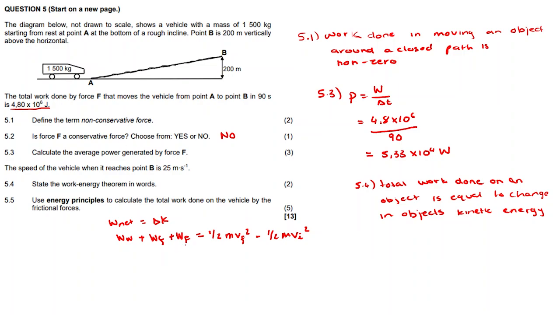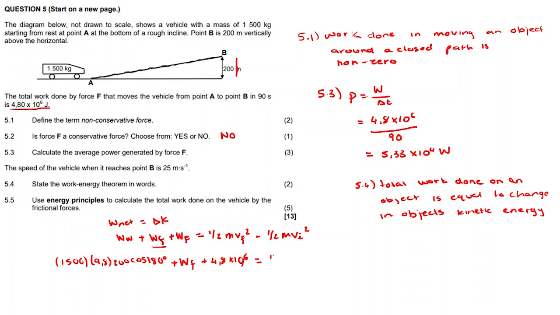We know that the work done by the force is 4.8 times 10 to the power 6. We have the mass of the car. We also have the initial velocity and the final velocity. Therefore, the only thing we're calculating is the work done by friction. So we can say the work done by gravity, 1,500 times gravity times 200 cos 180, with 200 being the height that it goes up, plus the work done by friction, plus the work done by the force applied, which we know is 4.8 times 10 to the power 6,